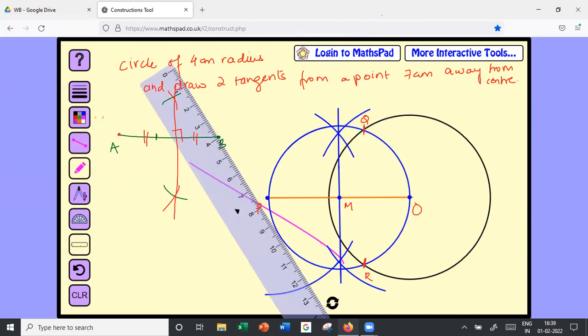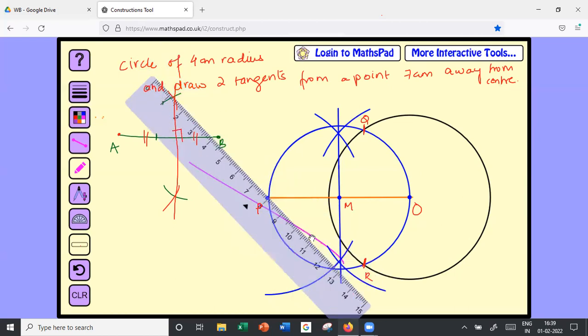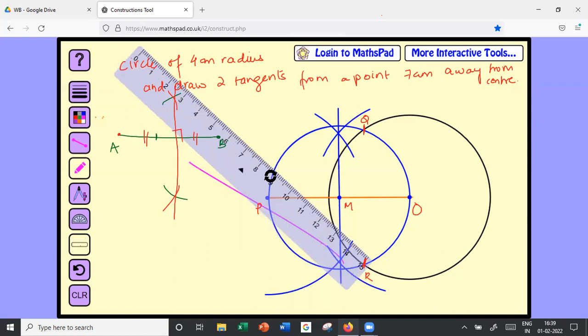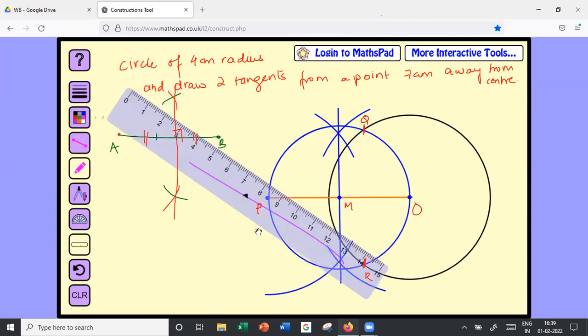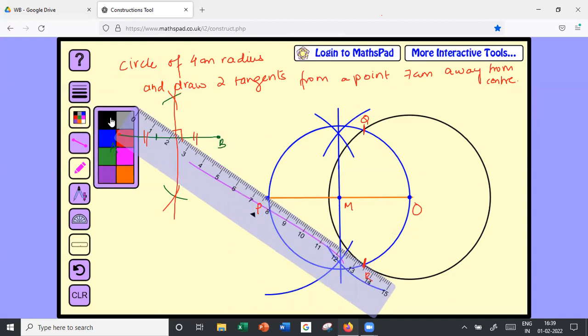join PR and PQ. Sorry, that pink line is just stuck on my screen. I'm not able to remove it. The diagram is getting erased. Trying to remove it. I'll use okay, yeah, let's use black.